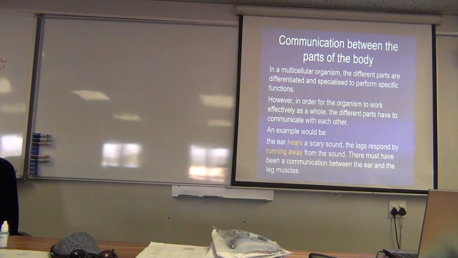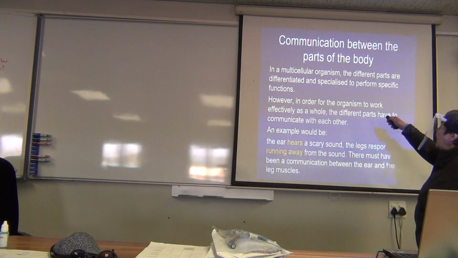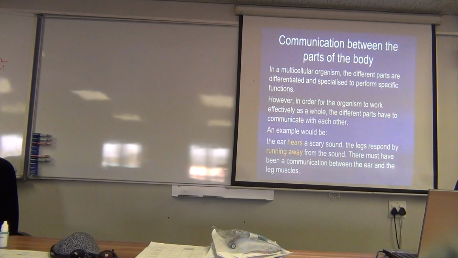So there has to be a connection between what my eyes are perceiving and how the rest of my body responds to that particular signal. That is called communication. And we're going to talk about the fact that there has to be communication between various parts of the body. Now, there are two different ways in which communication occurs in a multicellular organism. The one way is through the nervous system, and the other way